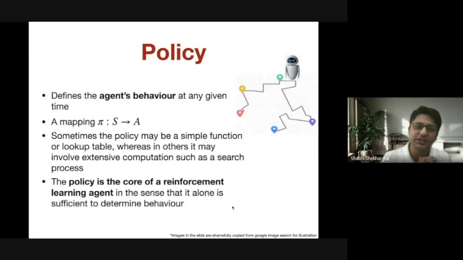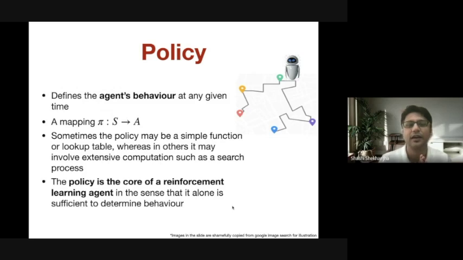Now, the question you might be thinking is, all this is okay, but what are we learning? That has not been discussed. Something was discussed, that the agent wants to learn the actions, but how is that problem formulated? So this is the first slide that actually starts talking about the problem or the objective. This is called the policy. Policy is a very important element of reinforcement learning, or even of solving an MDP.